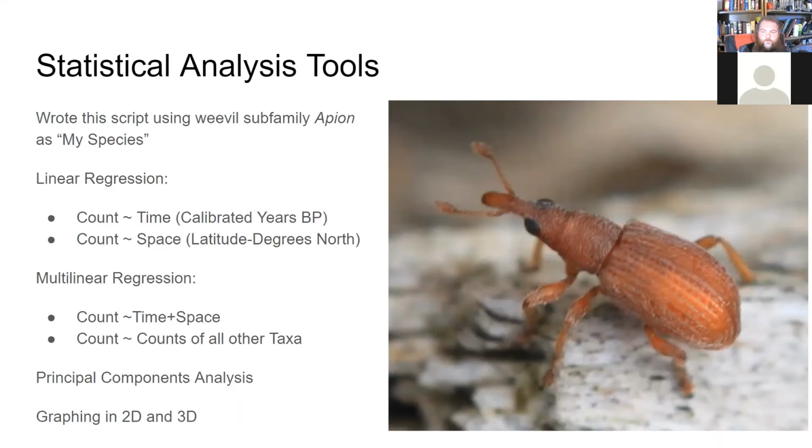And then we're interested in finding a proxy for niche analysis, which is what we would do with an existing species with existing climate data. So one way to do that is to say, well, here's the count of this species, and we'll look across all 6,480 additional species and see if we can do a regression on the counts of all of the other taxa. So we've done that, and we've been able to project where we would expect scarab fossils to show up based on the community, the rest of the insect community at the site.